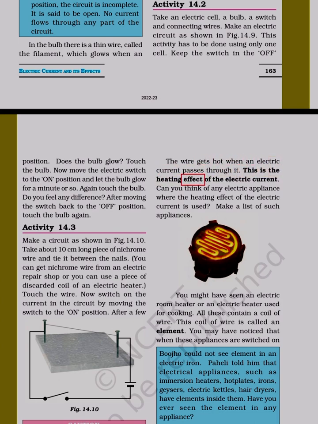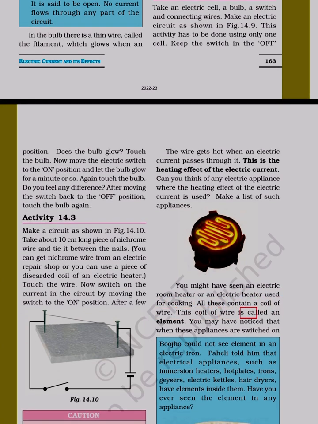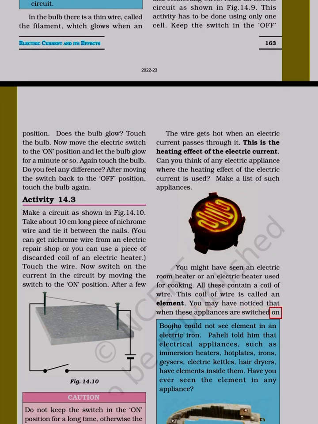This is the heating effect of the electric current. Can you think of any electric appliance where the heating effect of the electric current is used? Make a list of such appliances. You might have seen an electric room heater or an electric heater used for cooking. All these contain a coil of wire. This coil of wire is called an element. You may have noticed that when these appliances are switched on,